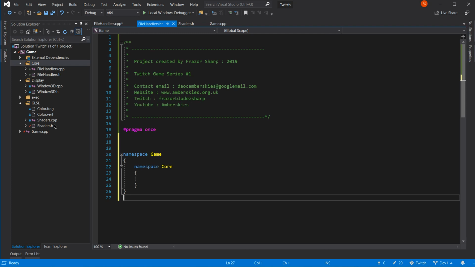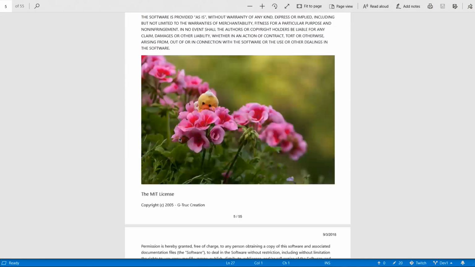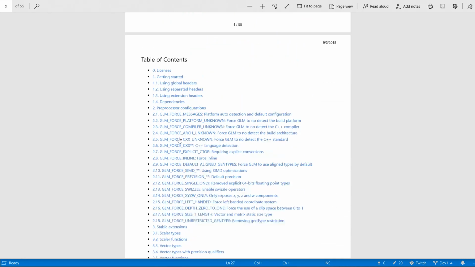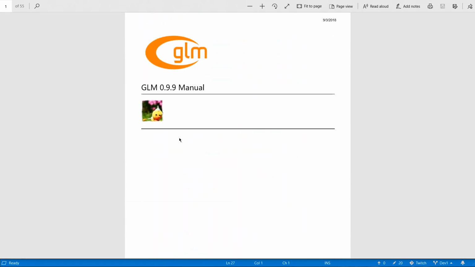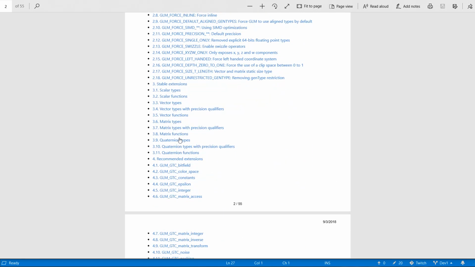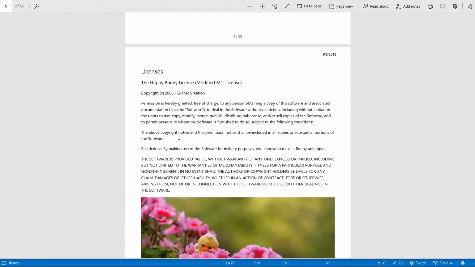Let's have a look at that whilst I'm messing around. Here we go, so this is GLM. It's got a full manual on it, obviously. That's the manual, yeah. Does it give us a page? It doesn't. Gives us licenses. There is a copyright.